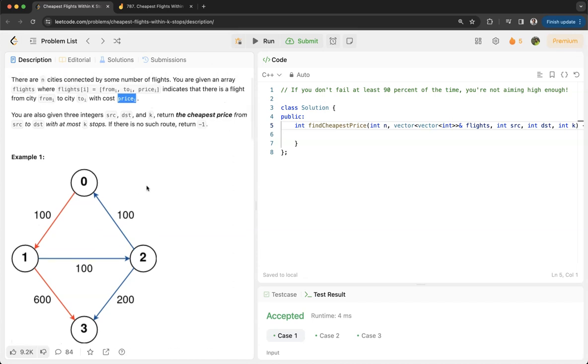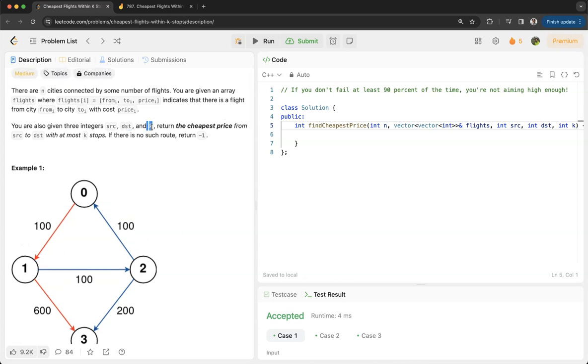And then you are given a source, a destination again, and a number k, and you should return the cheapest price from SRC to DST with at most k stops. Okay, this is a modification of the classic shortest path problem on a weighted graph. If you have seen,